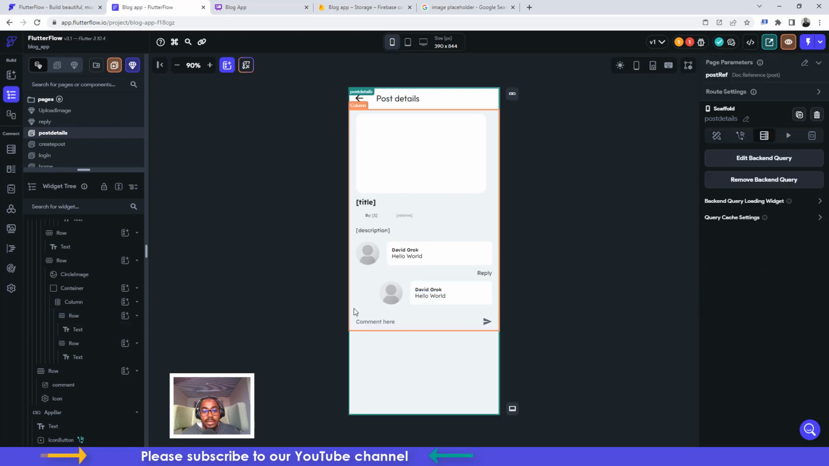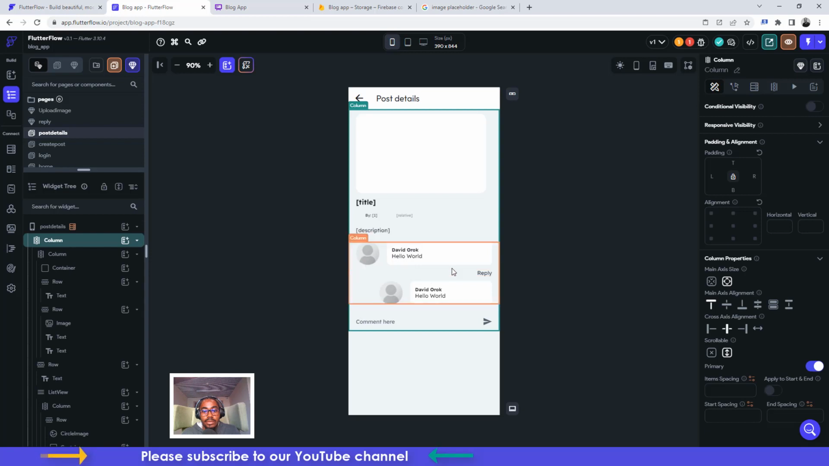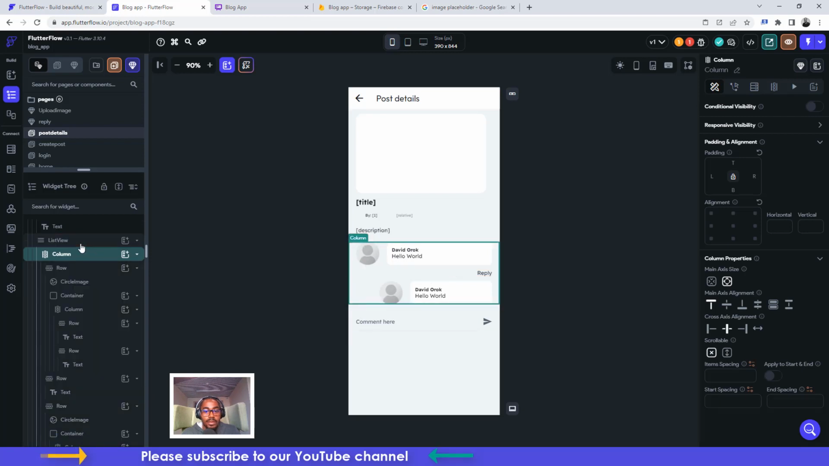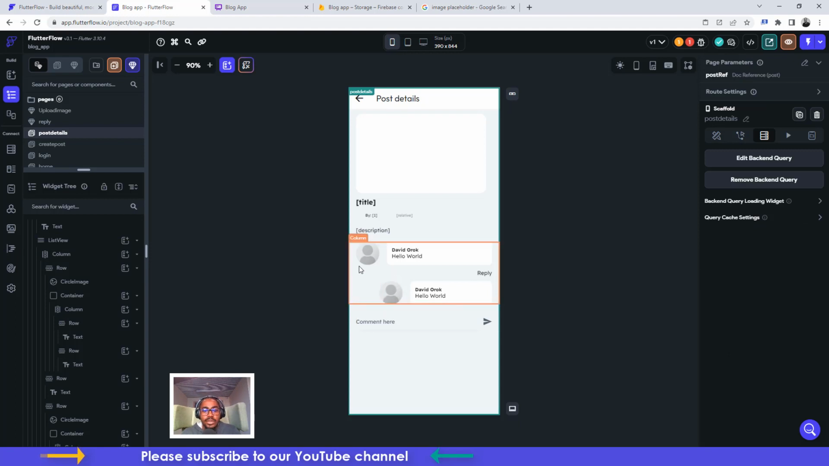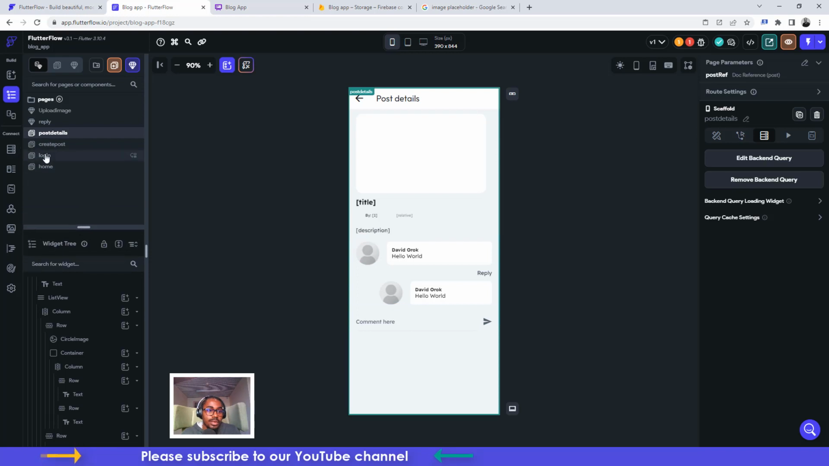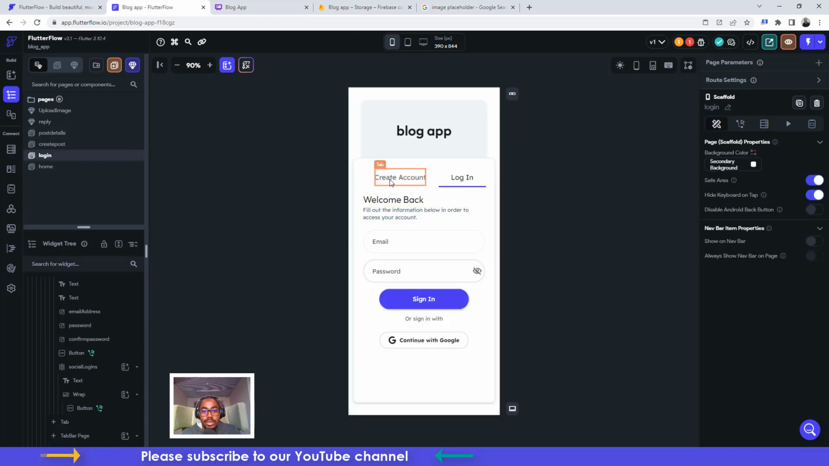Let's set it up and get it rolling well. So we have our list view, and this is fine. So let's look at the logic. How will this really work out? But before we do that, guys, let's go to our login screen, and when they are creating an account, we need them to